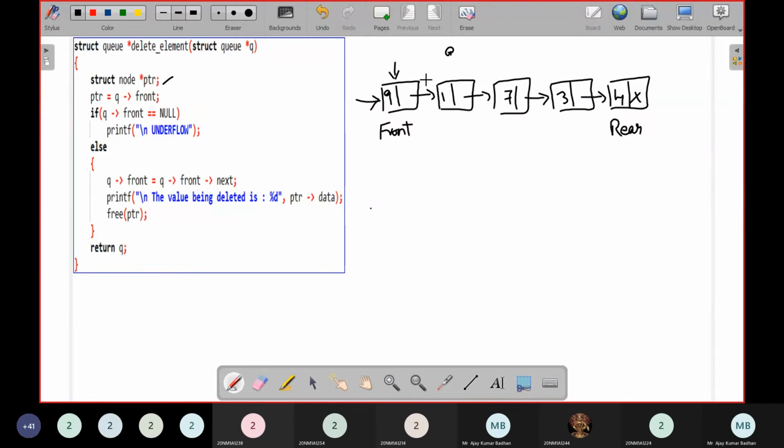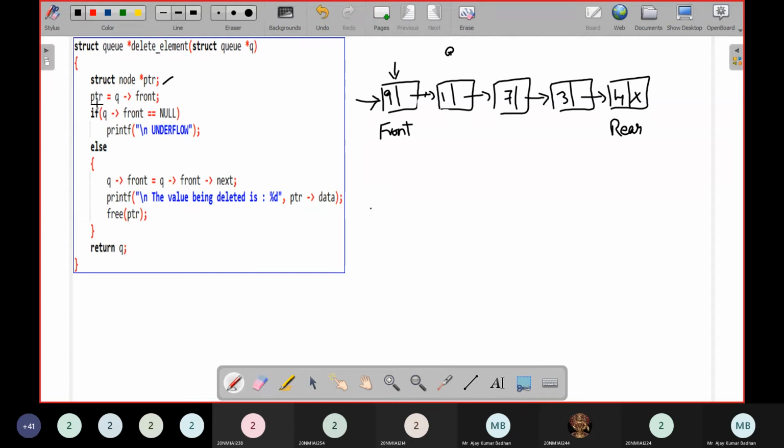Once you detach this node, the front will skip to the next location. Then how can I free the memory allocated here? I need another name which will be pointing to this node once it is detached from the linked list. That's the reason I'm using this pointer in this scenario.